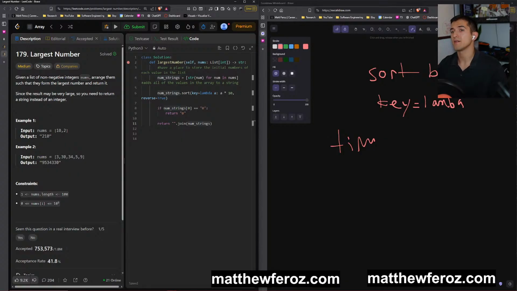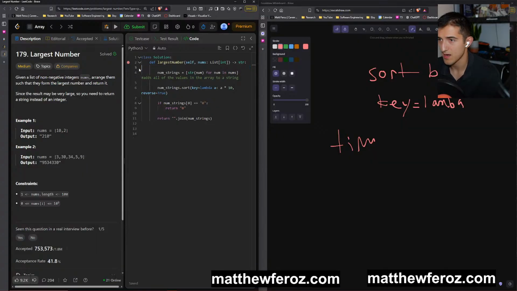Since the result will be very large, you need to return a string instead of an integer. So my initial understanding of this problem was I obviously need to convert all of the values to a string.